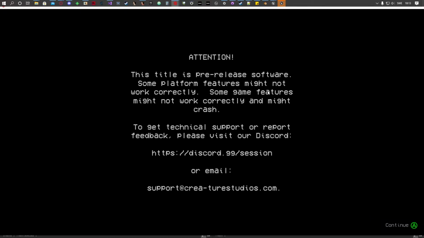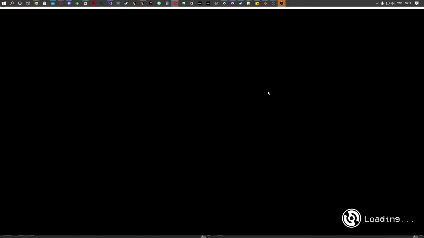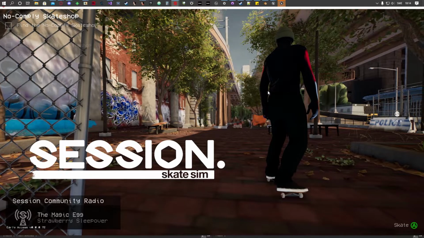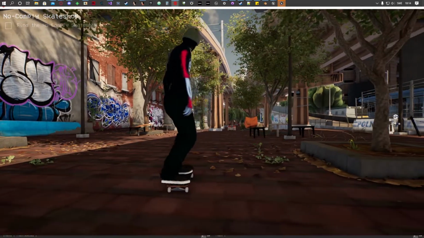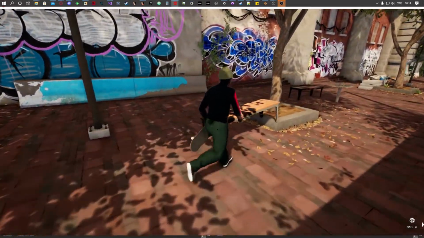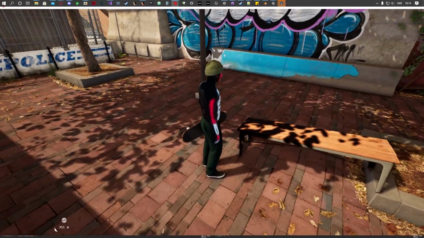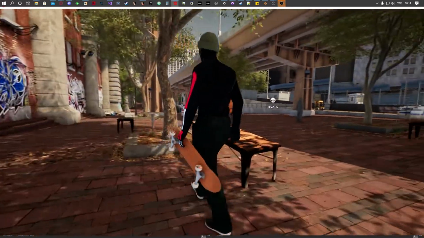Might take a while to load. I haven't loaded any Unreal Engine games, especially this game, since I restarted my PC, so it takes a while to do the caching, as always. Okay. Hey, okay. Can already see it there to the left. So yeah, it's right here. That's the bench, but